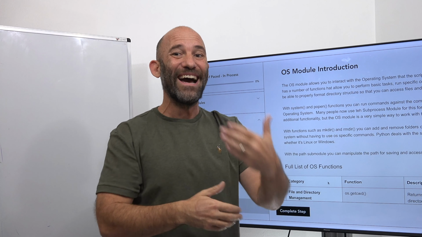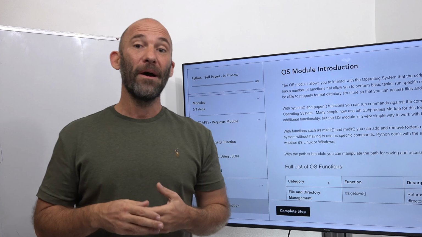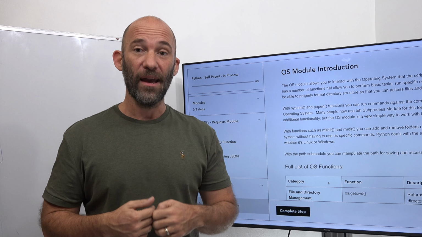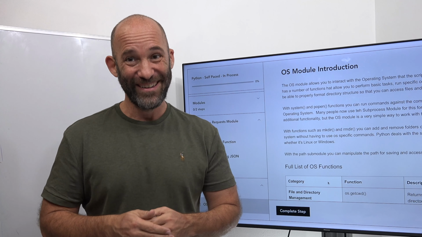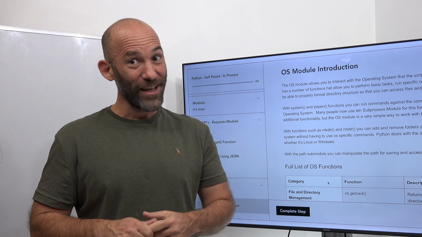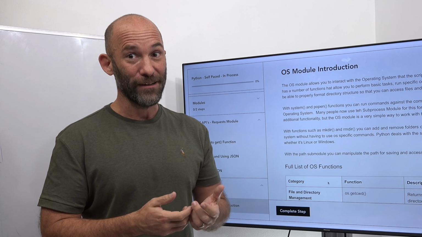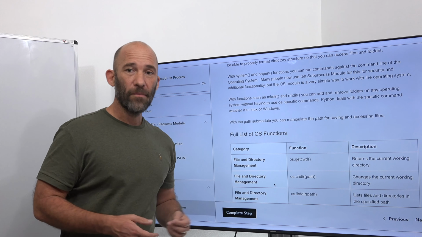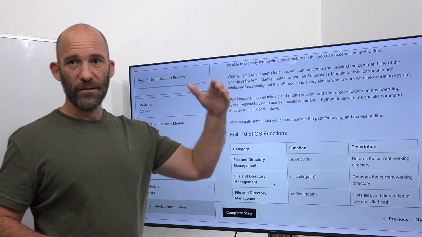The more dynamic you make your code, the better it's going to be. Not just for today, but for the poor soul who has to deal with your god-awful legacy code 10 years from now. So we are going to go over a number of the functions with the OS module